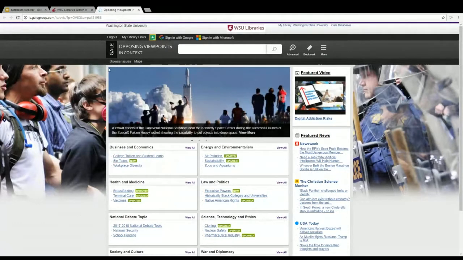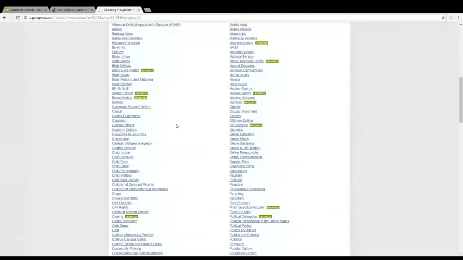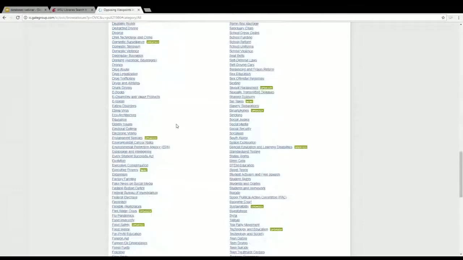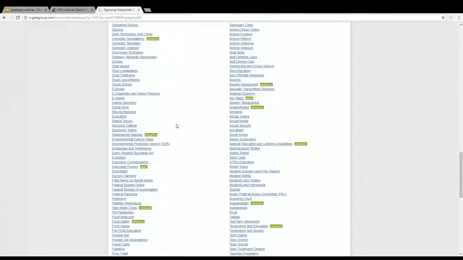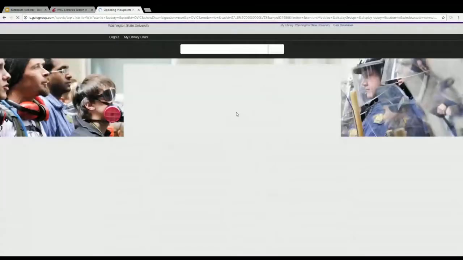And it's really nice because you can search by either your discipline, or if you're struggling to even come up with a topic, if you click on Browse Issues, it's actually going to pull up all of the different topics that it deals with. And so you can just scroll here and see what's going on. And so, for example, if we were doing something with stem cells, if we click on this,